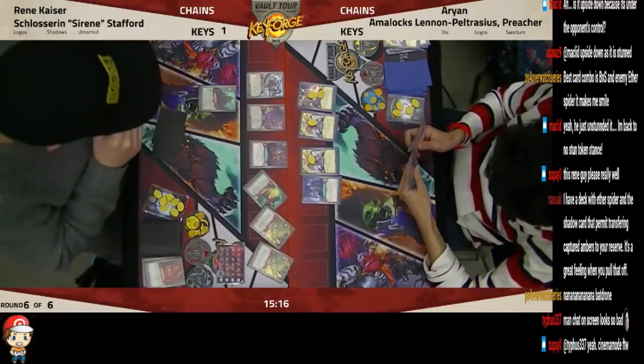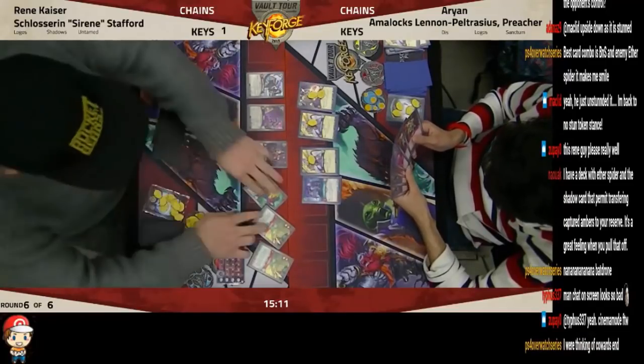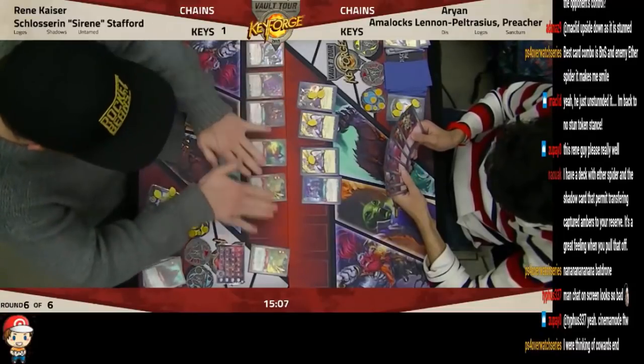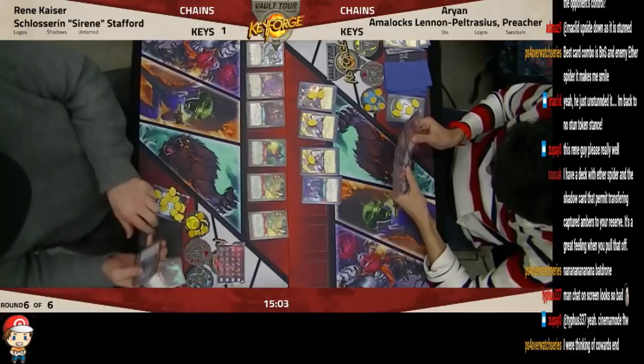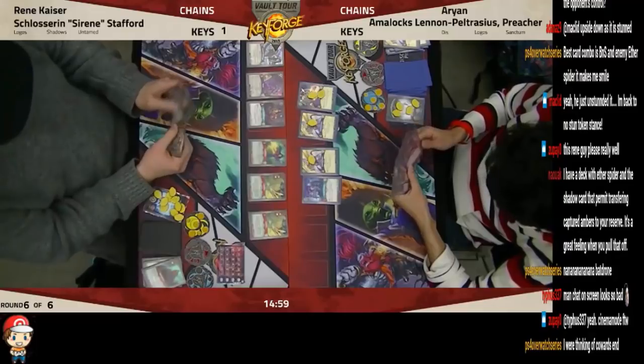Because his opponent doesn't have bait and switch. And doesn't have Too Much to Protect. And there's a Logos card, Effervescent Principle. He doesn't have that either. So he's got none of those. And that's the thing. When you're playing a deck that doesn't have any of those cards...